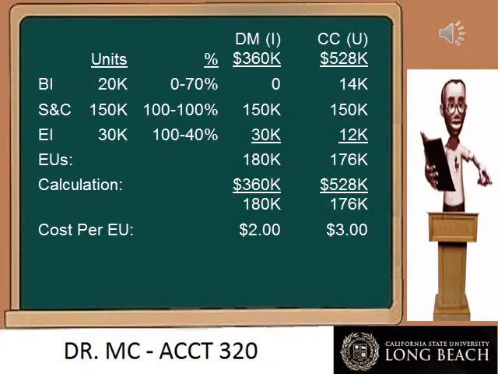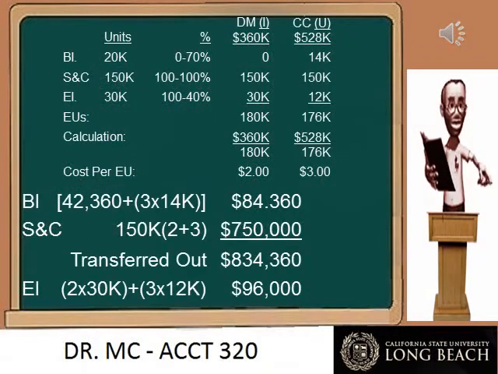Now we are going to calculate the cost of each group of units. First, the complete cost of the beginning inventory units includes the amount spent on the beginning inventory last month, which was $42,360. You add to that figure the amount spent on those units to complete them. We didn't spend anything on direct materials, but we did spend money on conversion costs to complete the remaining 70%